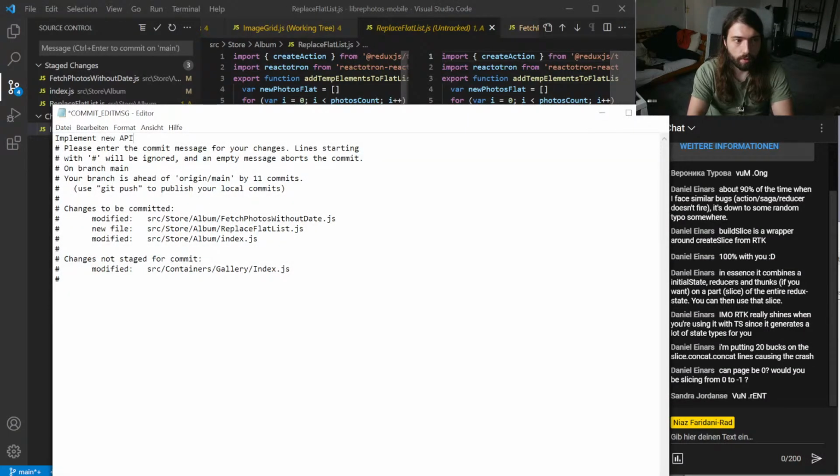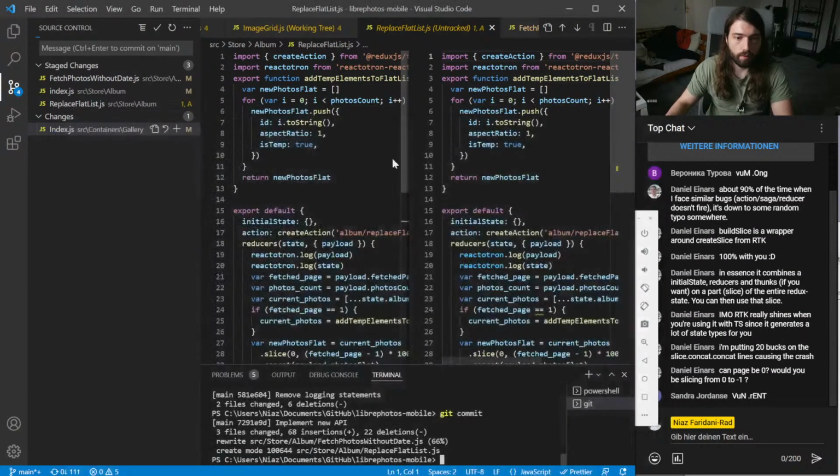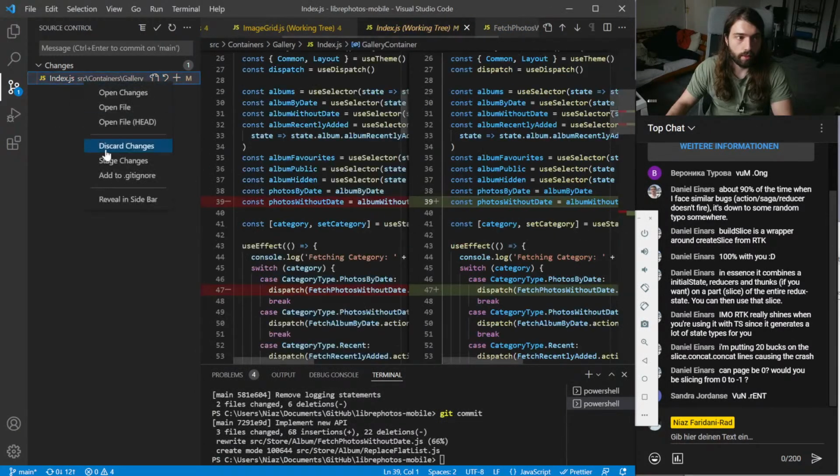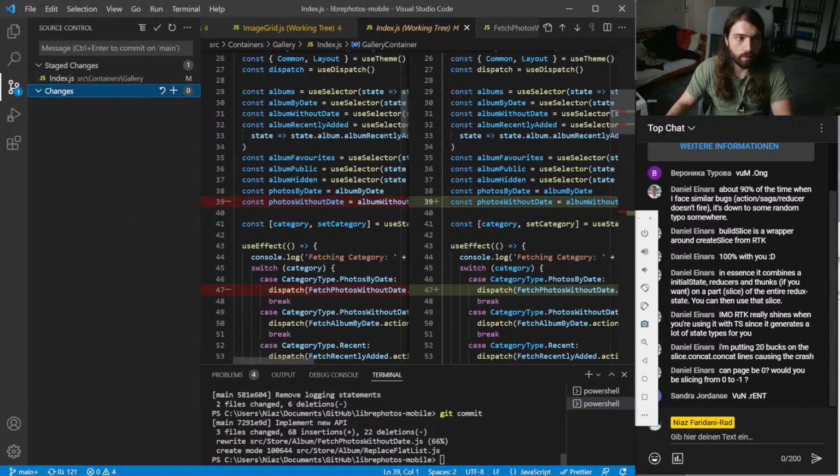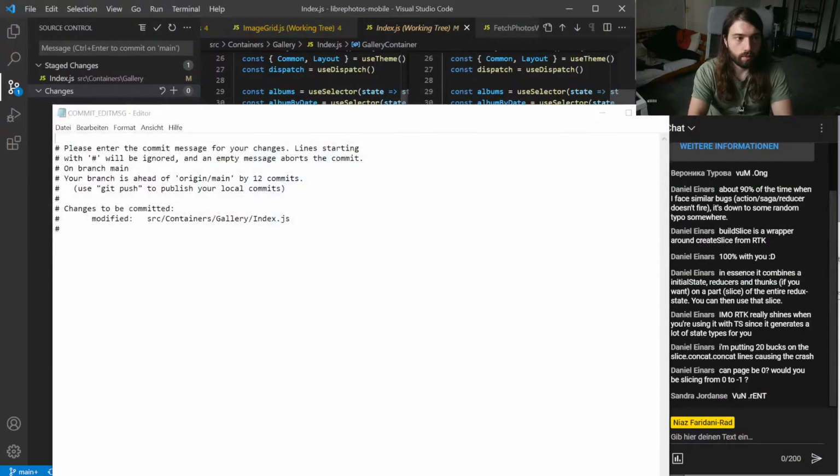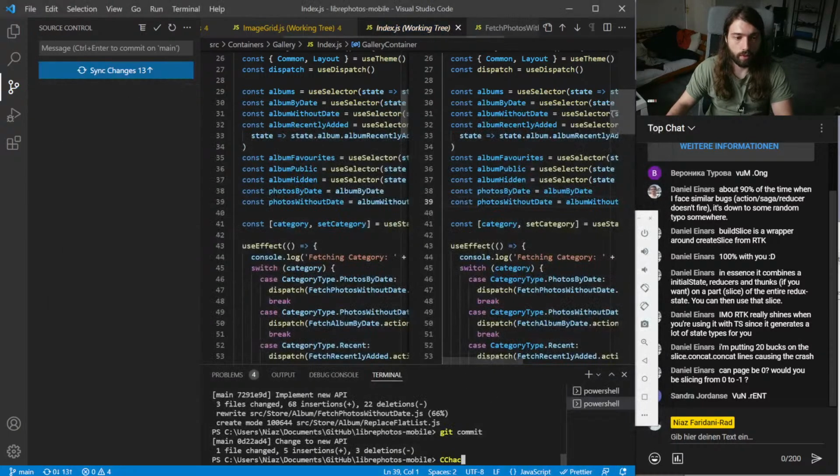Implement new API. All right, and the last one. Change to new API. Save. Very cool. All right.